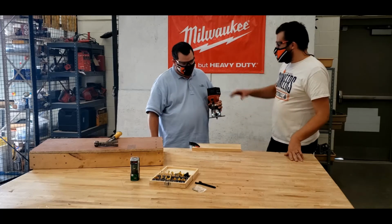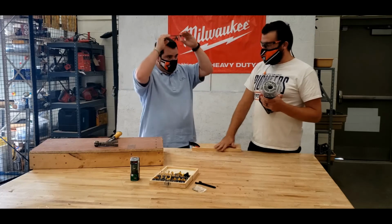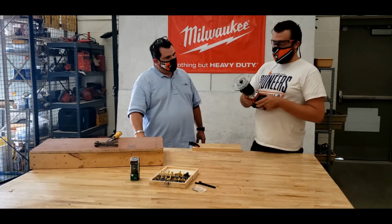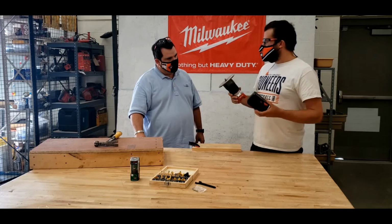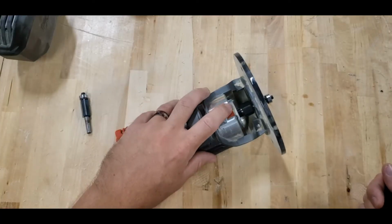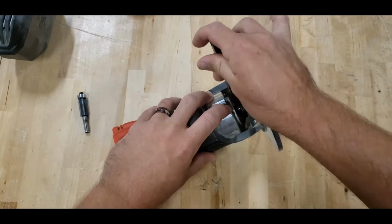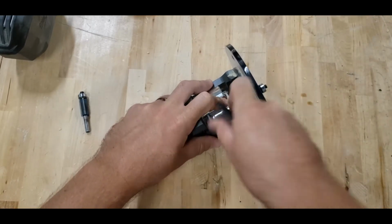All right, so now we're going to change out the bit, because we're going to use one of these on your basic tools to round over edges, and then also when we do framing, you can use a router to cut out a window. Now this is a pretty new method, but we're going to see why it's so much better. Before you change the bit, you always want to unplug your power source, or take out the battery. To change your bit, all you have to do is hit this red button, and then you can spin it, and it locks it in place, and you just take your wrench, click it on that nut, and you twist it. Once you loosen it with your finger,